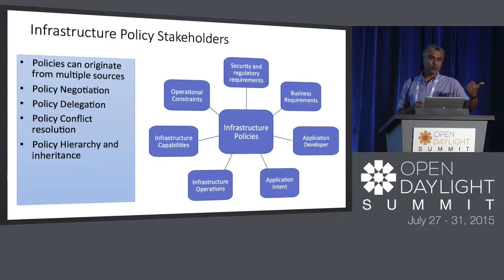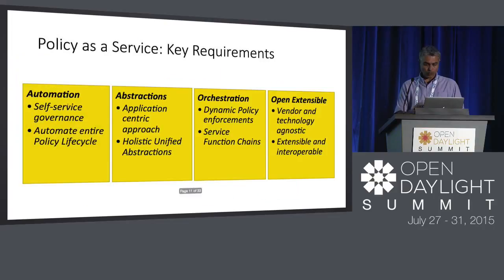So again, I was sitting through the previous talk, where they talked about conflict resolution. That's a great example. I have two policies which are either not clear enough, or there is ambiguity, or there is some overlap. How do you resolve that? This is multiple-right, or whatever you want to call it. It's coming from multiple stakeholders. You want to resolve it, because at the end of the day, you're describing what you want to do.